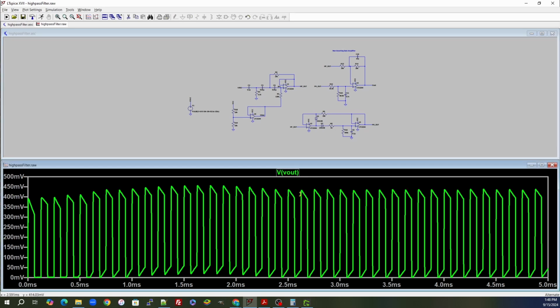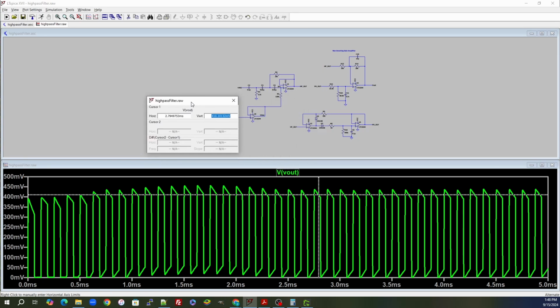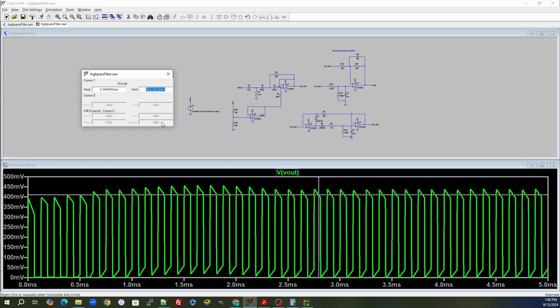And so if we look at that, we get the average, it is right around 400 millivolts. So you can see here it's about 410 millivolts for a 200 millivolt input swing. So you can see that we're able to take whatever our input pulse is through the high pass filter, bias it on that high pass filter so we can see the entire peak to peak voltage, and then using the peak voltage detector and the non-inverting gain amplifier, we can actually get the voltage output that we want,